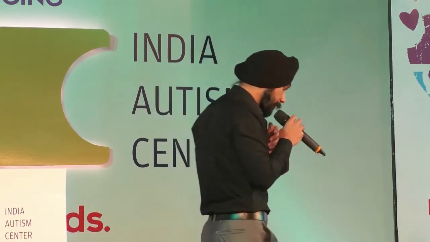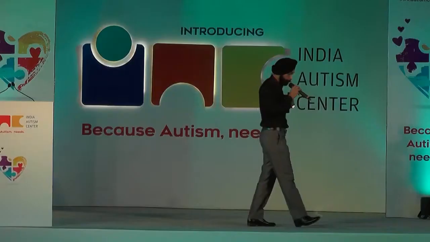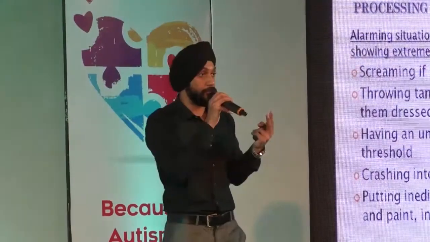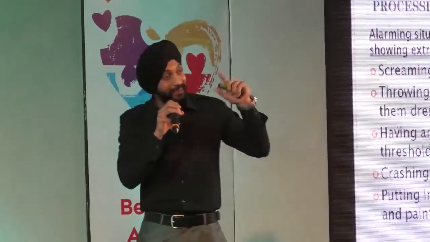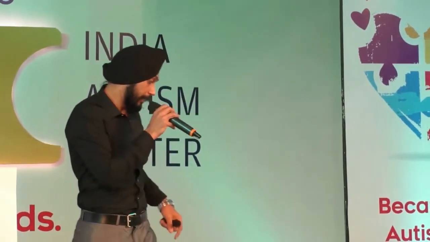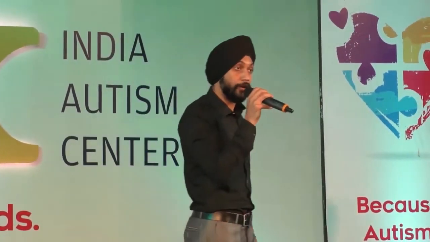Now, usually, as professionals, we use two sensory scales to check whether the child has sensory issues or not. One of them is SPM, the Sensory Processing Measure. So you can write it down, and I want you to go and read about these things. And the second is the Sensory Profile by Winnie Dunn.